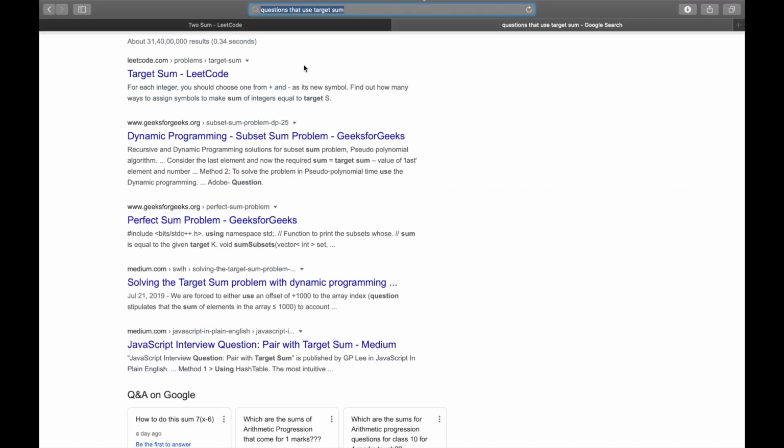There are some problems that use target sum as a subsequent part of the particular solution. So I have found a few questions like the dynamic programming that uses some subset sum problem. It uses target sum in it, and it definitely would help people understand much better, because if we are breaking down our problem into smaller problems, then it is easy for us to understand where to start and how to approach a situation.